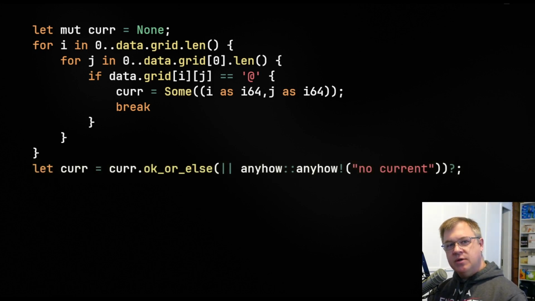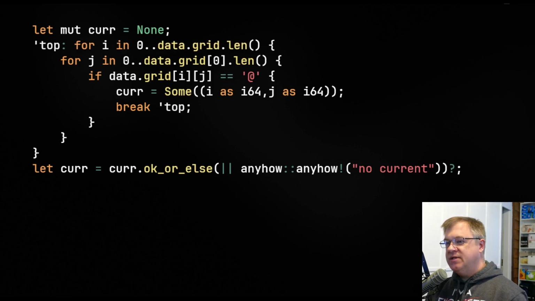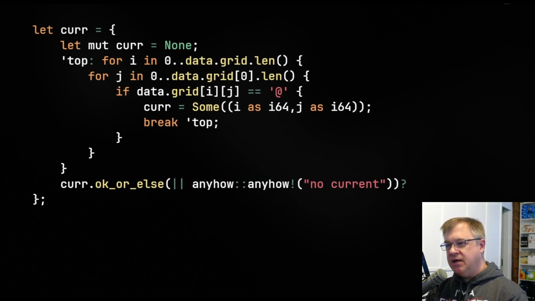We have an early exit condition, but it's not working right. It only breaks out of the inner loop. So to fix that, Rust has a way to tag the top of a loop and break out of the most nested loop that you want to break out of. This next one is more of a personal choice, where I like to wrap the logic of finding a particular value into a block. This tells the future me that everything inside of this block is done to extract out